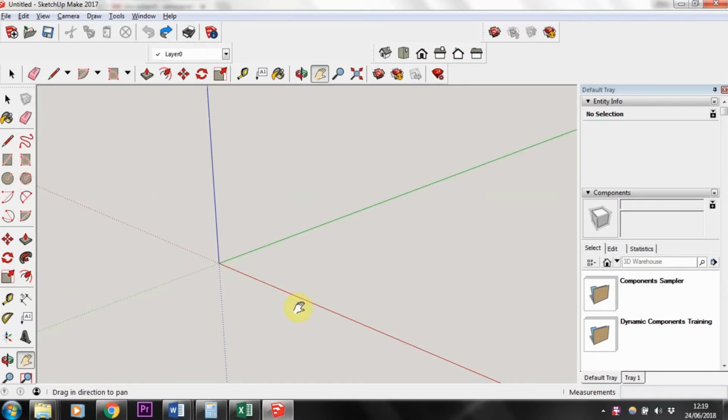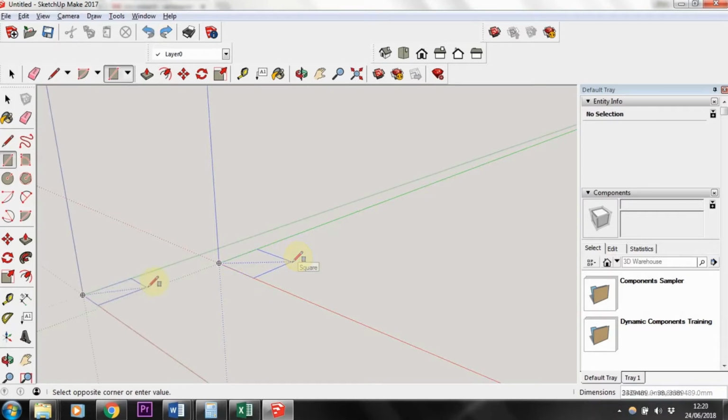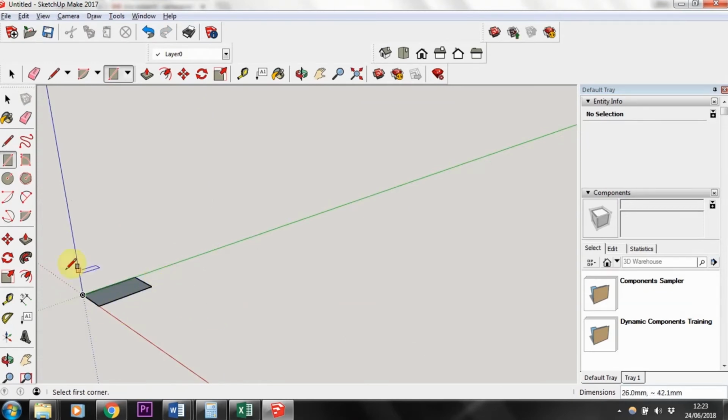You'll notice that it's got this set of axes in the middle of the screen with a red, green and blue axis. We're just going to start off by drawing a rectangle and put one corner of the rectangle on the axis origin, which is there. So I'm going to left click on the origin and just pull the mouse out. You don't need to hold the left click down, you just click once and drag out to the shape that I want. Left click again, which locks that shape in, and then I don't have to click in the dimensions box, I can just type